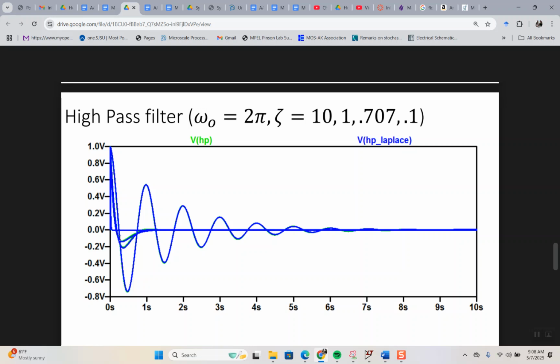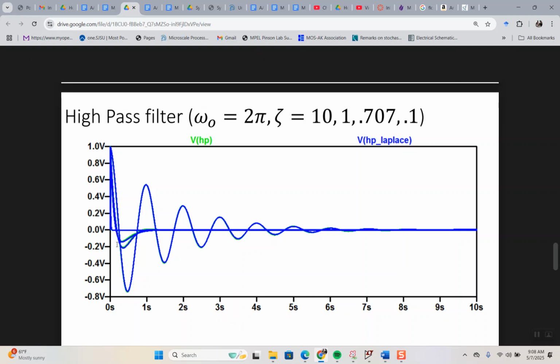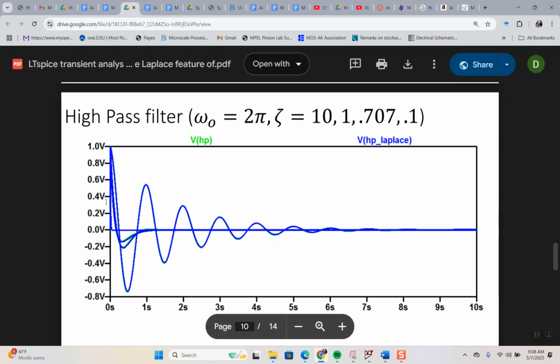And then we have even 1 crosses and comes back. And that's just the nature of the high pass. So you can't really tell, if I just gave you this plot without anything else, the difference between these two, which one's underdamped, which one's overdamped. And the overdamped one it's a little hard to see, but it should just come down and not oscillate